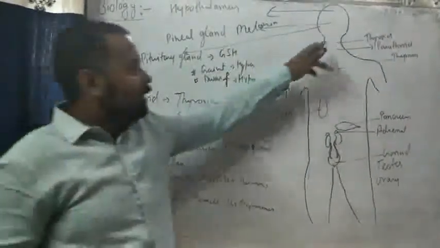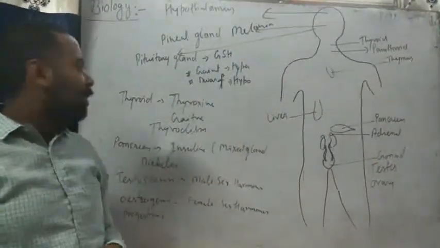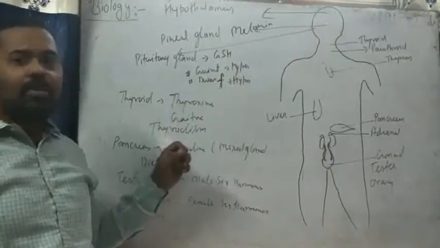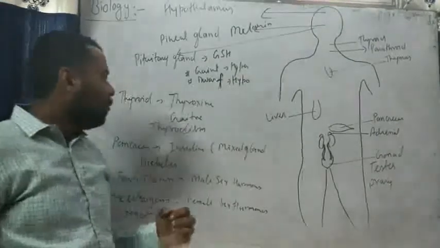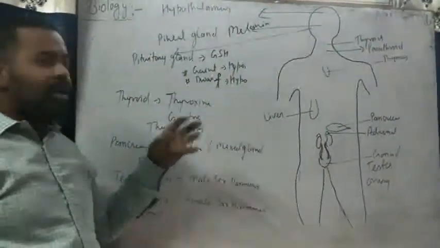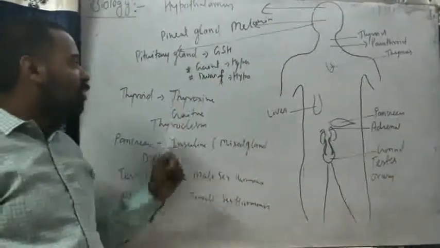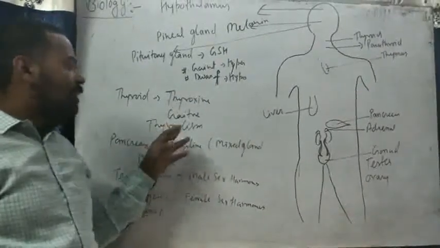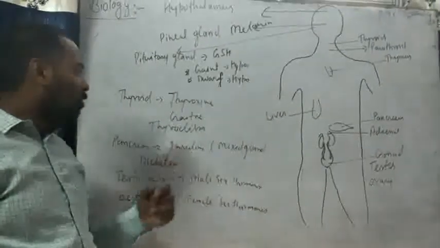And the next is the thyroid, which is present near the vocal cord. It is T-shaped in structure, and it produces thyroxine hormone with the help of iodine, which we consume with our food. Hyposecretion, meaning lower secretion of thyroxine hormone, causes goiter, and the over secretion of thyroxine hormone causes thyroidism, which is normally present in females.